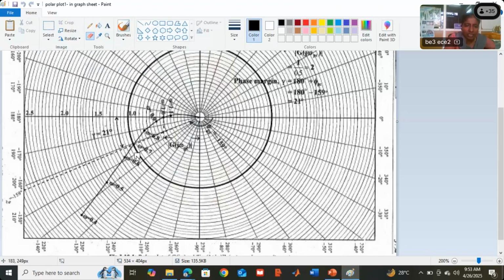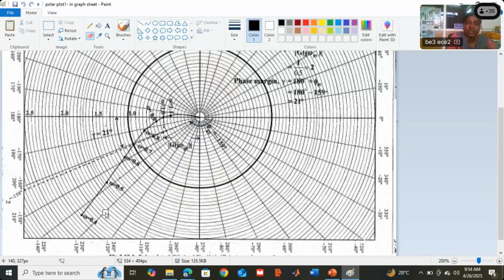So you see here this point, here they have put one dot. You see the positive x-axis on the right side, 0 degrees angle. Negative x-axis on the left side, 180 degrees angle. Negative y-axis at the bottom is plus 270 or minus 90 degrees. Now I am in the third quadrant, doing the graph in the third quadrant.